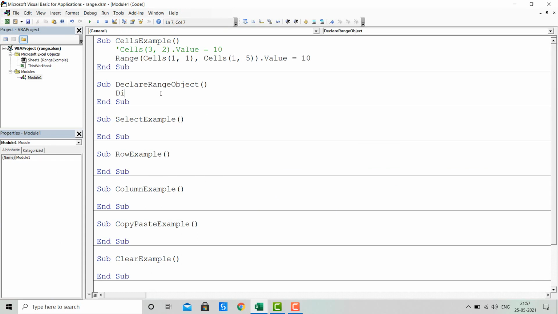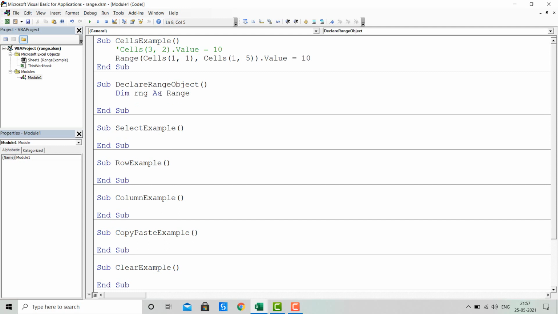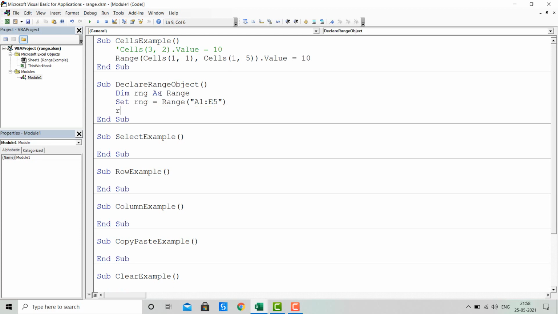So let's create it. Dim rng as Range, and now we'll specify the range. So Set rng equal to Range A1 to E5. Now let's close the parenthesis, and in the next line we'll write rng dot value property.